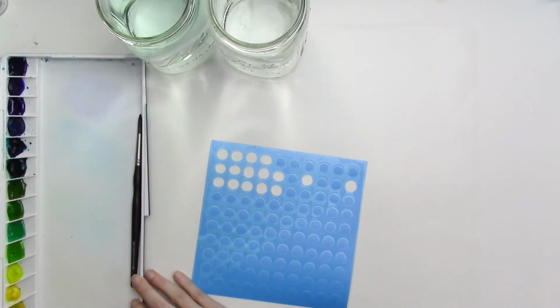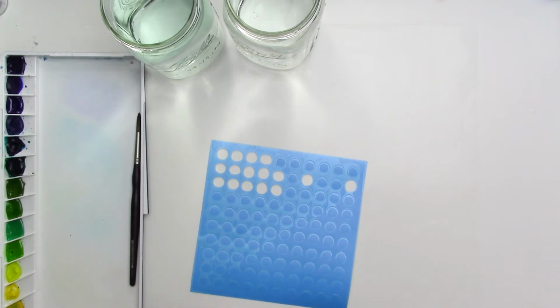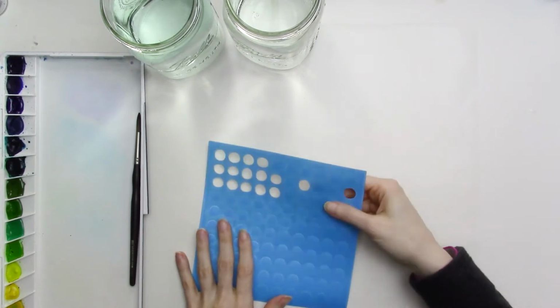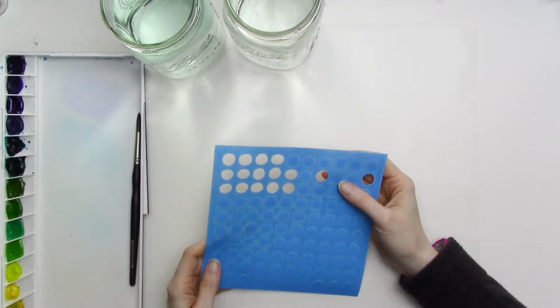Hey everyone, it's Kristen from k.becca, and in this video I'll show you how to use stencils to easily create great looking watercolor artwork. I have my stencil already cut here, and I used Oracal Oramask 813 stencil film for